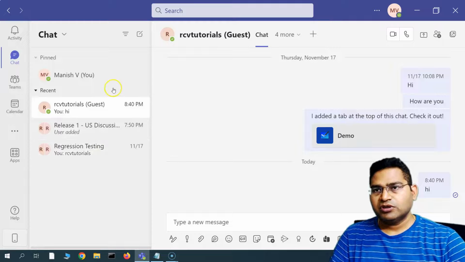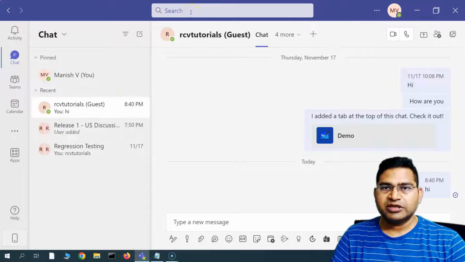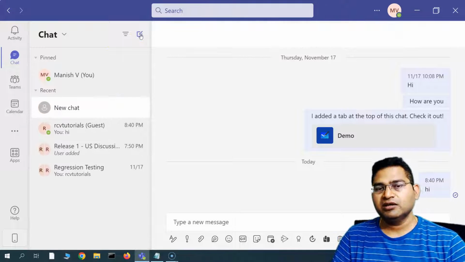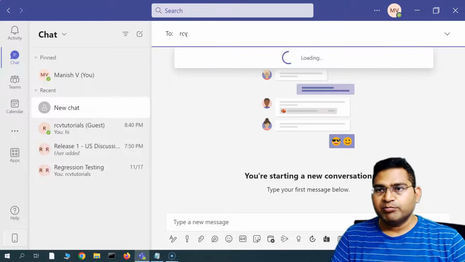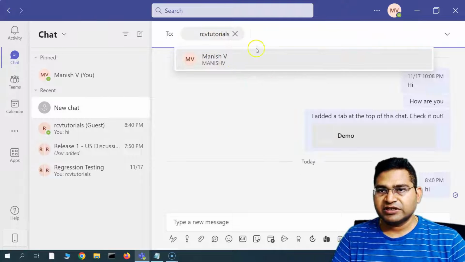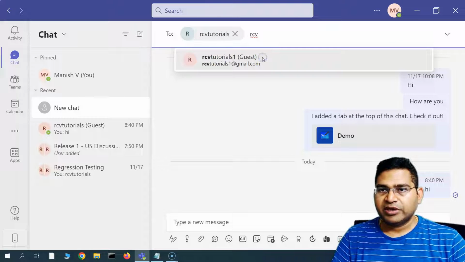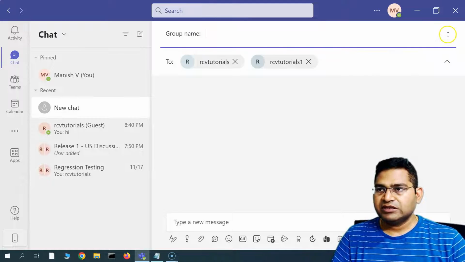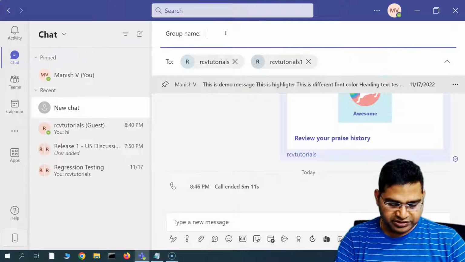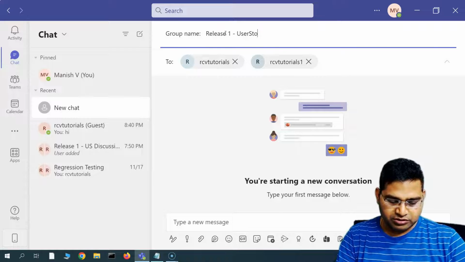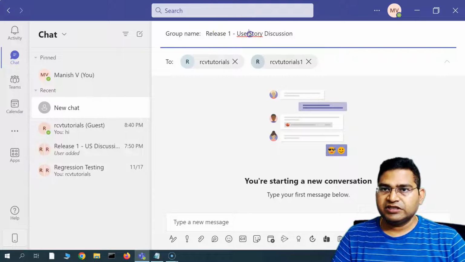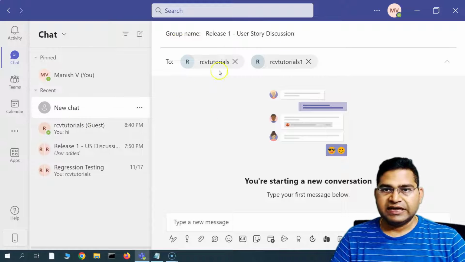All right, so we have also understood about the group call, but group call is also similar. Say for example we want to create a new group call, okay. So simply click on new chat here, right, and add the members in the chat first, okay. So say for example I have added members that I want to be part of this particular chat, okay. Click on this little icon here and say for example this is for release 1 discussion, okay. So release 1 user story discussion, okay. So if this is for release 1 user story discussion, I have provided the group name, hit enter, and that chat